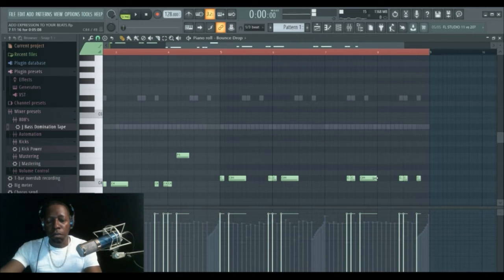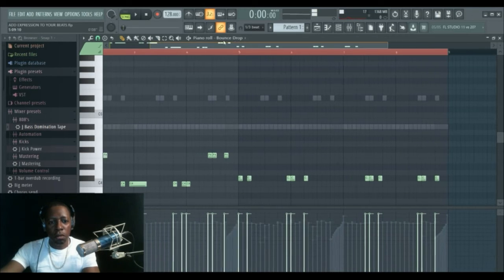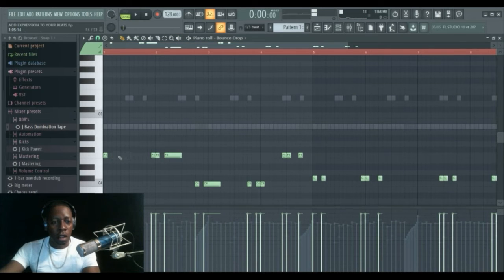Might make these shorter. That's what I think I'm gonna do. Make these notes shorter. I think that's all I'm doing. We'll find out. Let's see. Make them shorter, and then add more of a